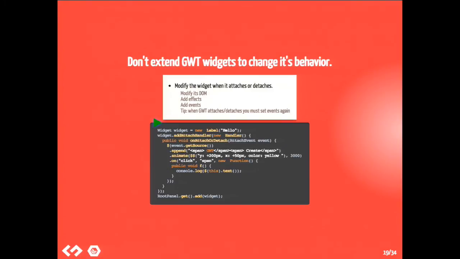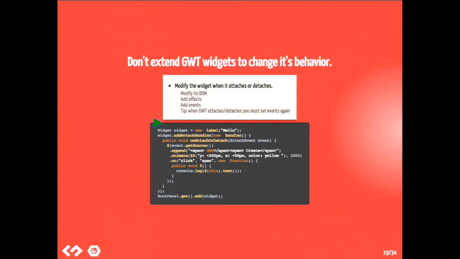You have your widget, for instance a table or a grid from GWT, and you want to put images in the row, and also these images can be animated or whatever you want. So instead of extending the grid or extending tables, this kind of stuff we used to do in Java, and trying to figure out how to access private properties, what the best way is, you let GWT render the widget, and when the widget is attached, you